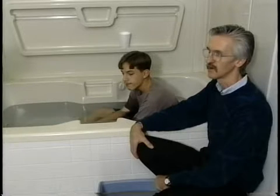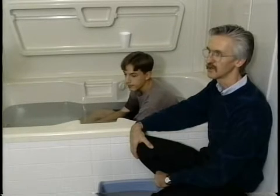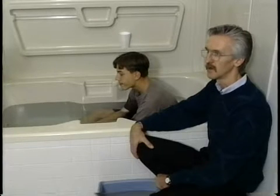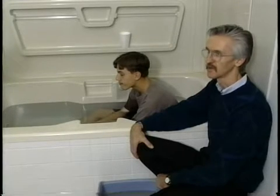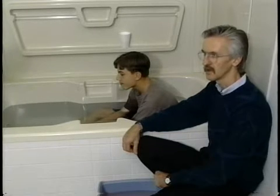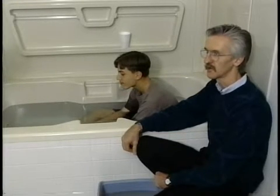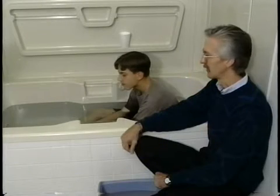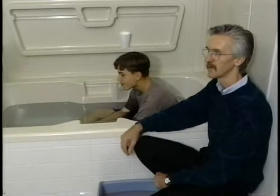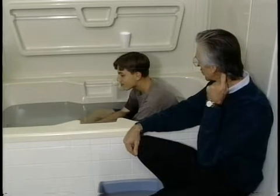Hydrotherapy generally is a very safe type of therapy to work with. But there are some cautions, there are some safeguards. We want to be able to do it intelligently. We don't want to make any mistakes. And I want to share the principles and the practical protocols so that we don't make any mistakes and we don't hurt somebody. Now Christopher is sitting in a tub of very hot water,